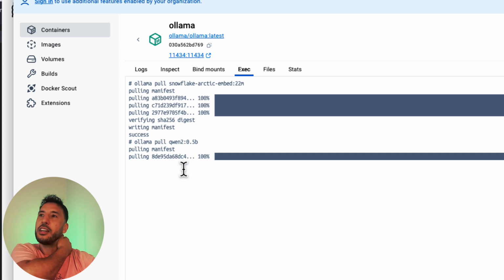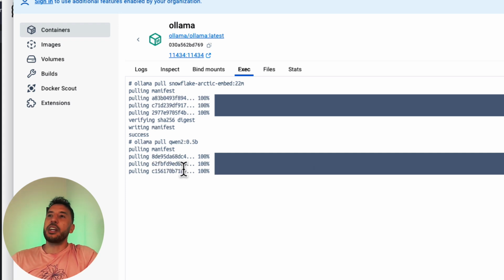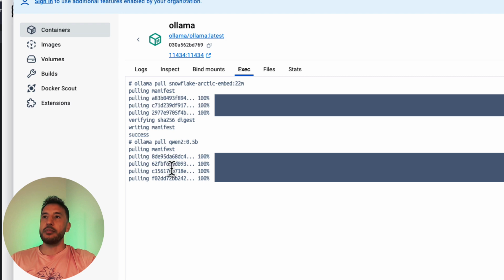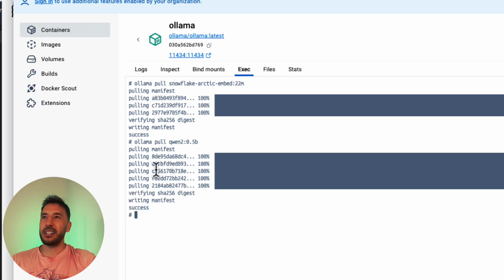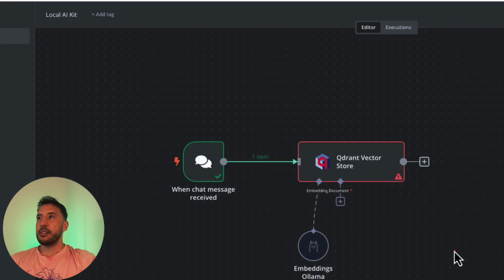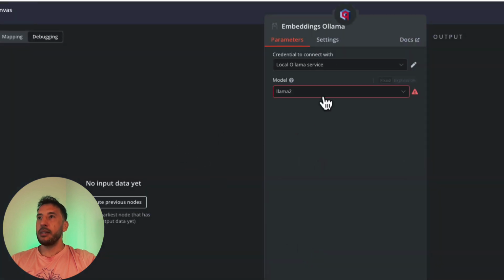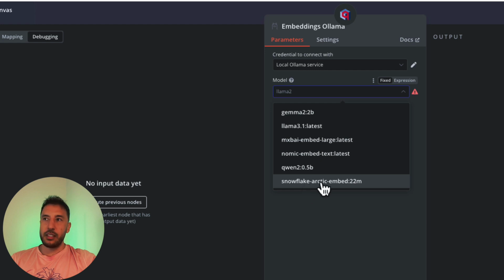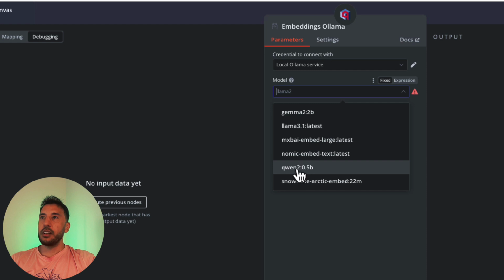So as you can see, it's the easiest way to do this, because like I said, you can change the Docker file inside the starter kit, but that's going to require a little bit of coding, and if you're not familiar with it, then you're going to get lost. So this is the easiest way to do this. Now let's go ahead and double check here. If I get out of this and double click on my embedding, as you can see, I have access to that Snowflake Arctic embed 22 million parameter. And then I also added this Qwen 2 0.5 billion parameter. This wasn't there before, right? You can go back to the video and make sure these two weren't there. We just added them through that Docker.